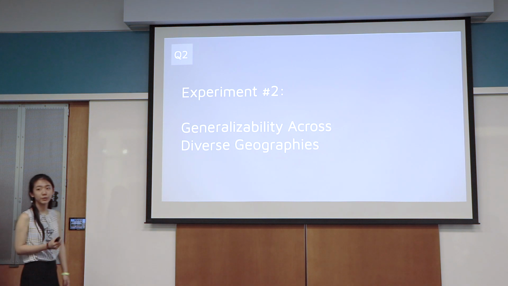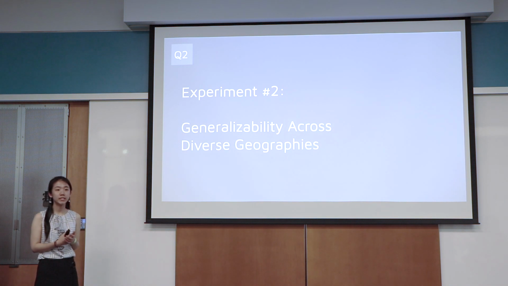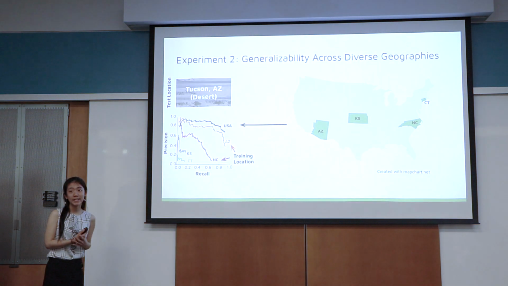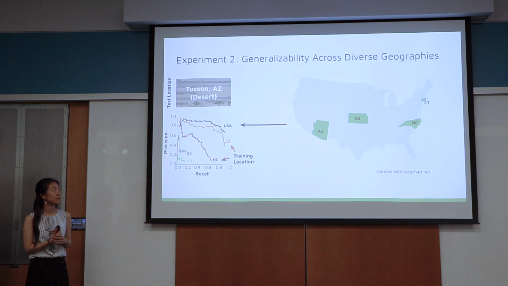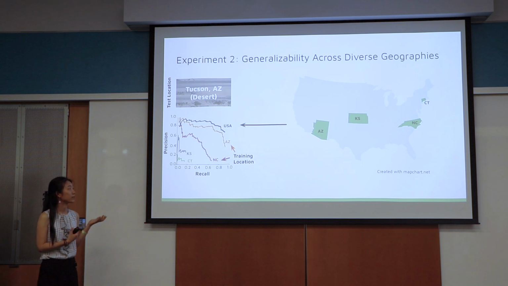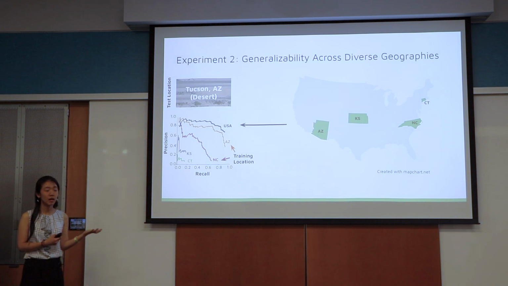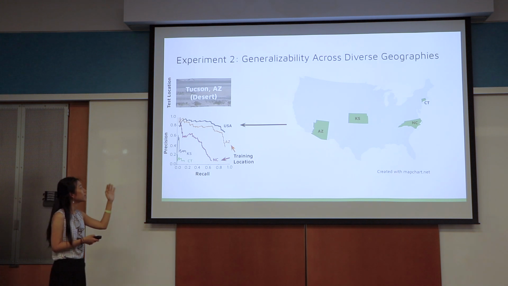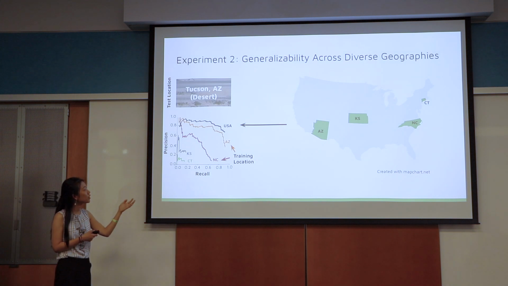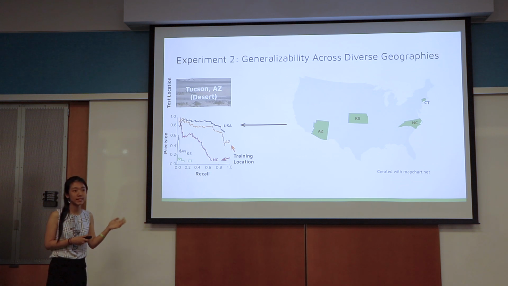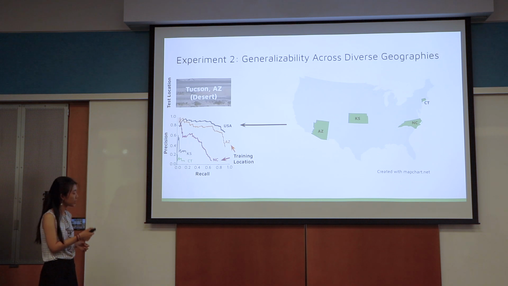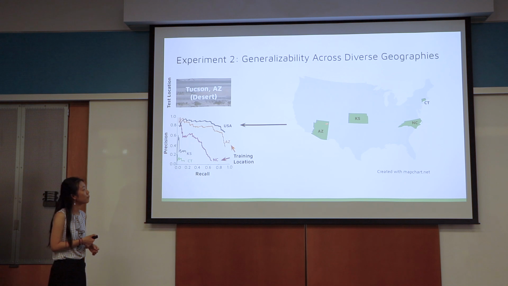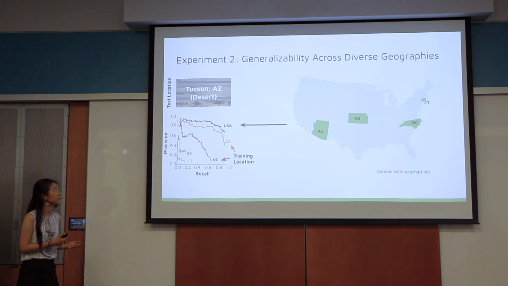So as my colleague Atsushi has mentioned, the generalizability of models is really important, so this is our second experiment. After identifying that RetinaNet is the best performing model, we went on with that architecture and trained 5 models. These 5 models are trained on Connecticut data, Kansas data, North Carolina data, Arizona data, and USA data. So when we say USA data, it is actually referring to the data from all these 4 locations lumped together for training purposes.